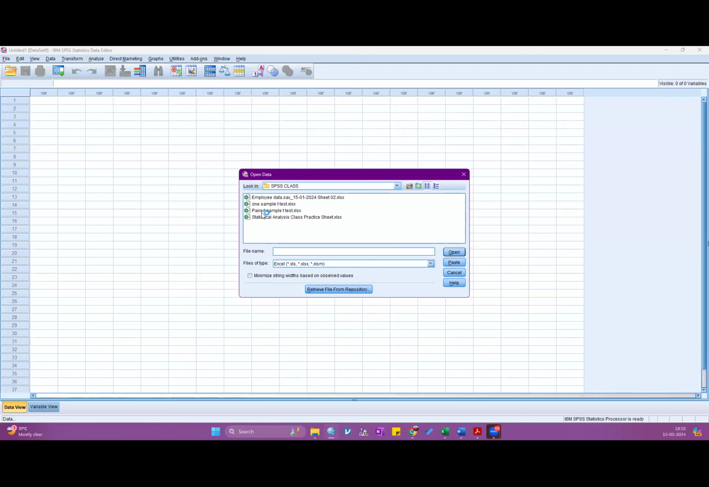Yes, sir. Others, please be active for the statistics class. Done, everyone? This part is done till now. For the starting part, we are doing data transformation, data imputation, all those things. So let's open the statistical analysis class practice sheet. Open the last sheet. Click on this part, then click on open,